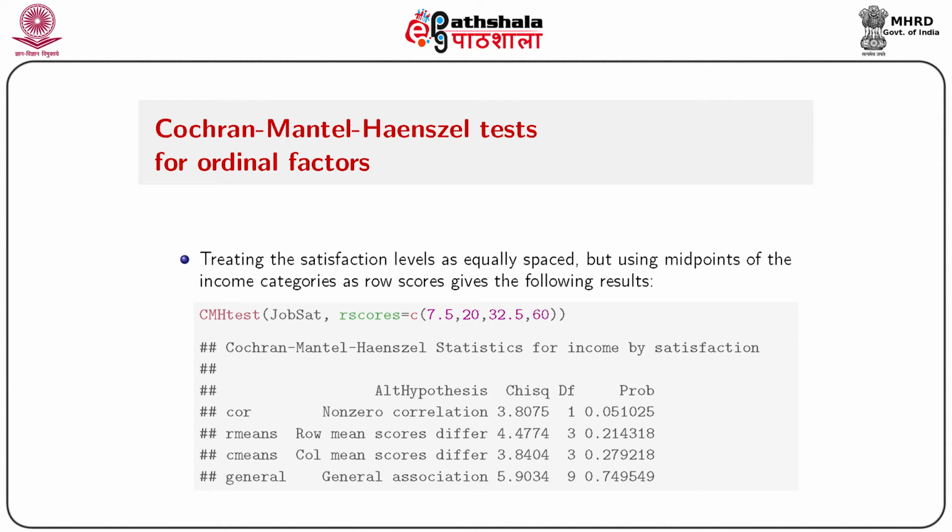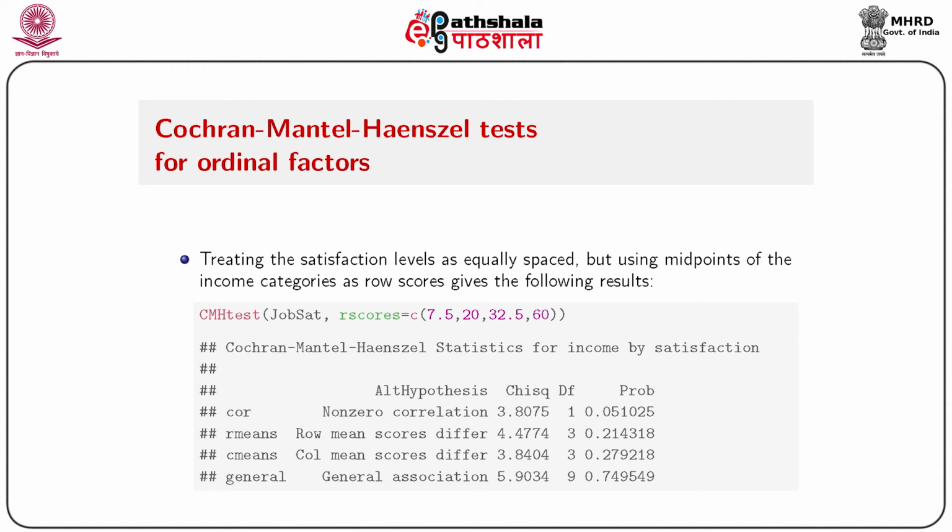So suppose CMHtest JobSat, and the row scores were assigned 7.5, 20, 30.5 and 60. That's the midpoints of the 4 intervals that we used, and then that will give you the tests for different